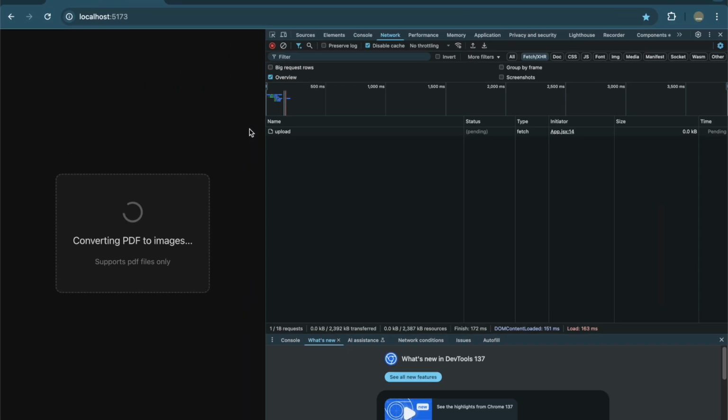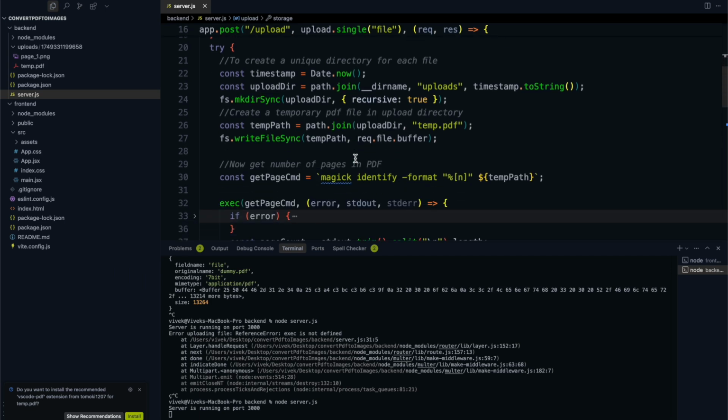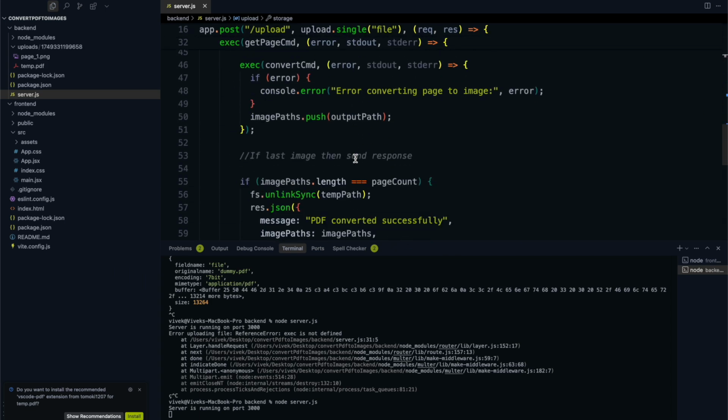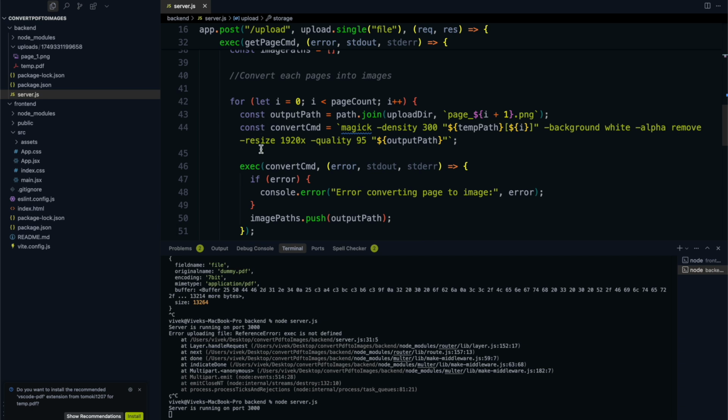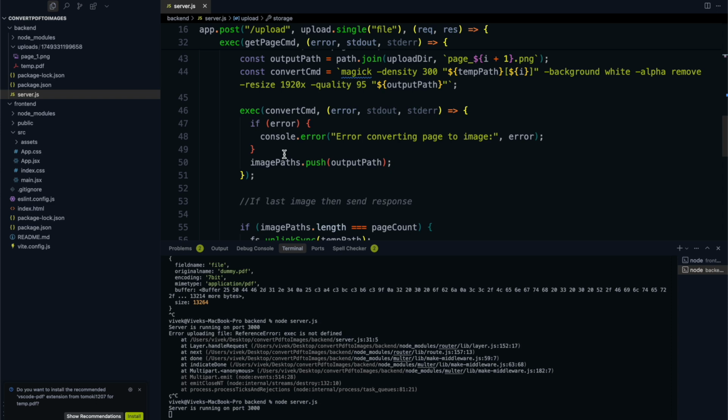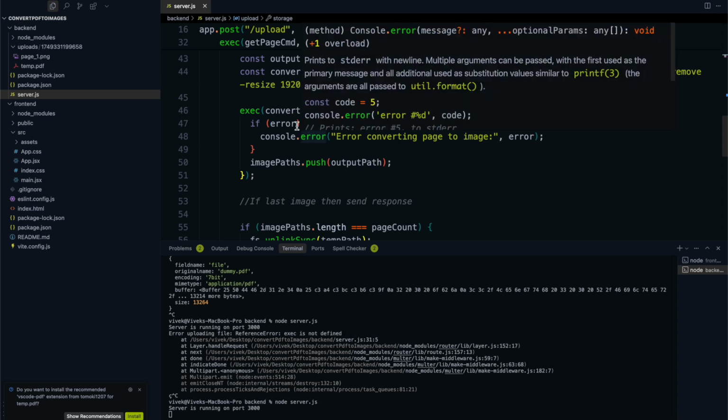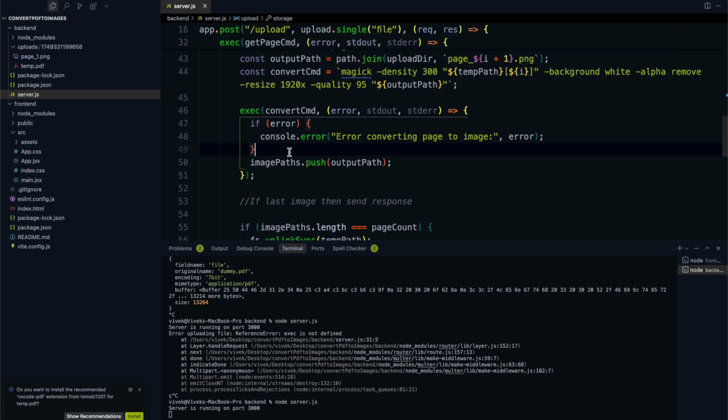So it seems like it's been partially working, but there are some fixes that need to be done because our backend is not giving any response. So let's see what's wrong. I think what's wrong should be inside our for loop. I think we are misplacing something there, so let's verify what's going on. So in our for loop, we have our command, and inside there we have executed this command. In case of error, that is fine, and